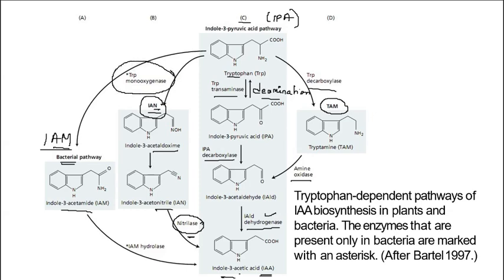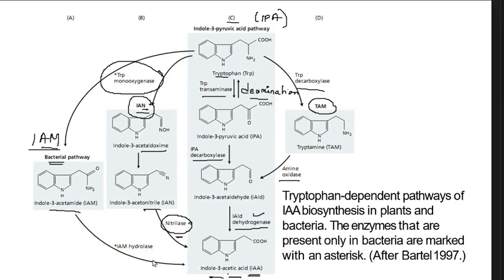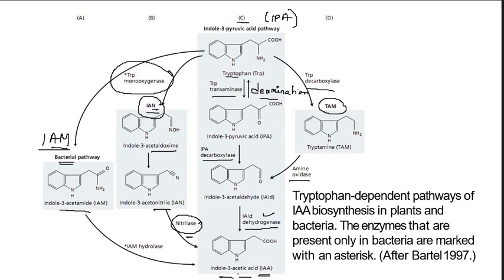In another pathway known as the IAM pathway, which is seen mainly in bacteria and Arabidopsis, the first product formed is indole-3-acetamide. Since AM is there, it is acetamide, which will then produce IAA. Okay, so if I summarize the whole pathway,